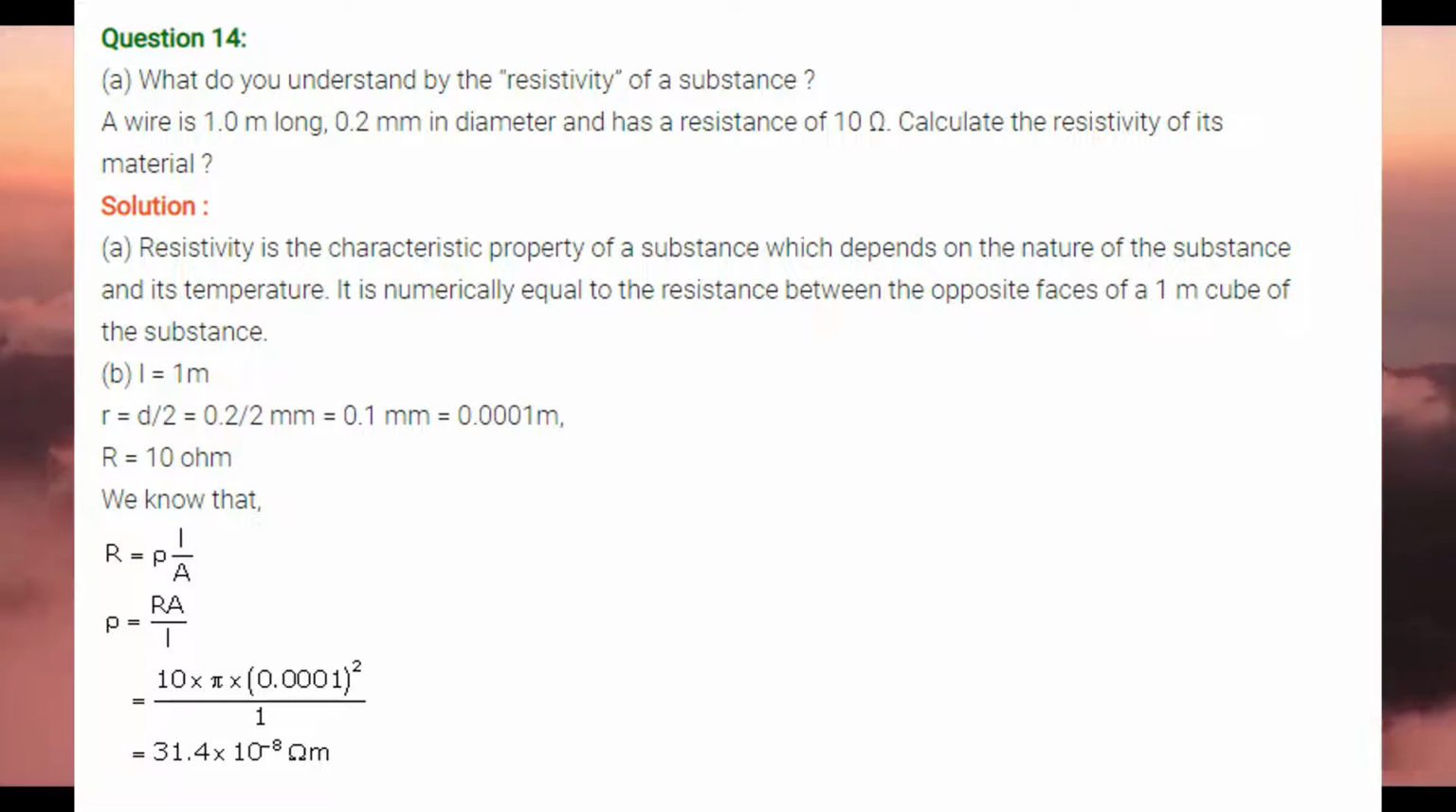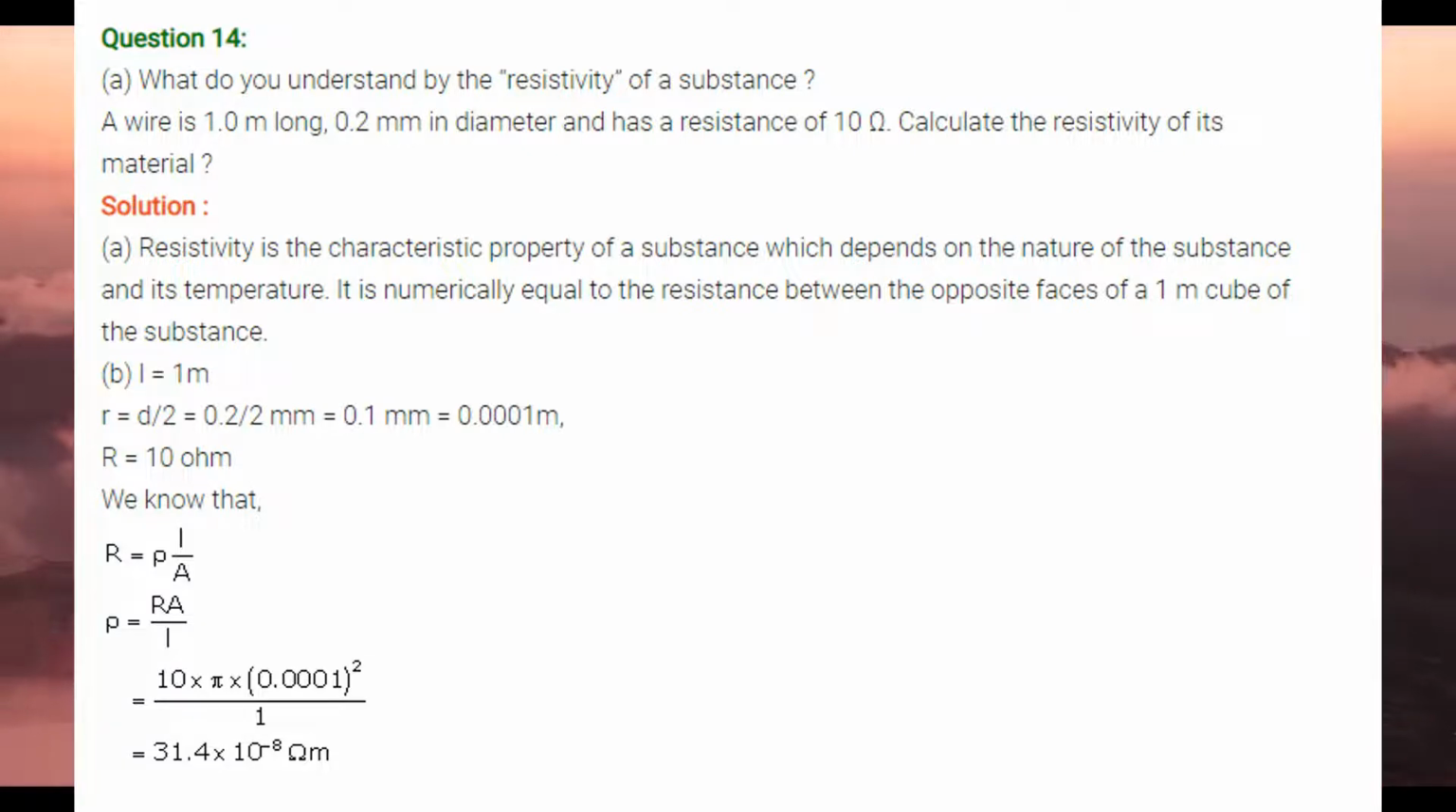B. A wire is 1.0 meters long, 0.2 millimeters in diameter, and has a resistance of 10 ohms. Calculate the resistivity of its material. Answer: given the length of the wire, L equals 1 meter, diameter of the wire, D equals 0.2 millimeters, so the radius of the wire, r equals 0.1 millimeters equals